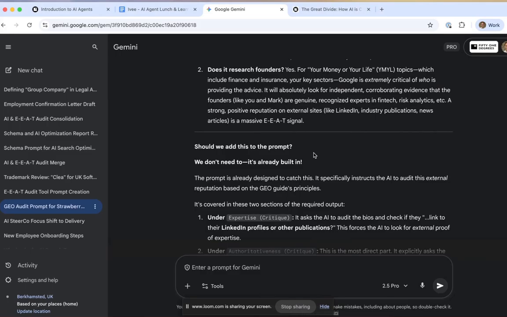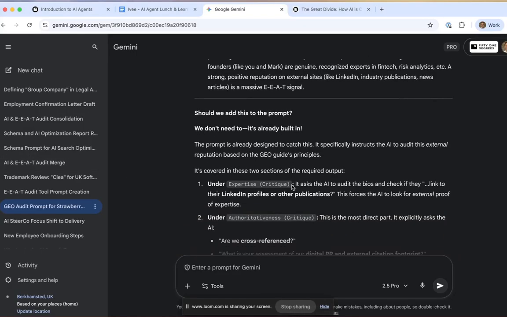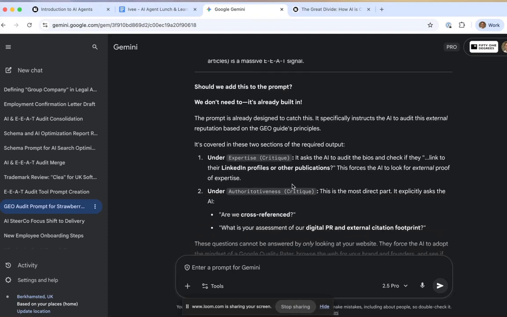Some of the sections I broke up individually are, one of them, EEAT, which is something like expertise, authoritativeness, but basically it's: how credible is this business? So I did an EEAT section, a content section, and then I realized there was this issue with the schemas.